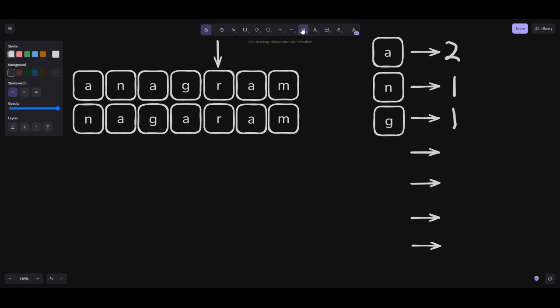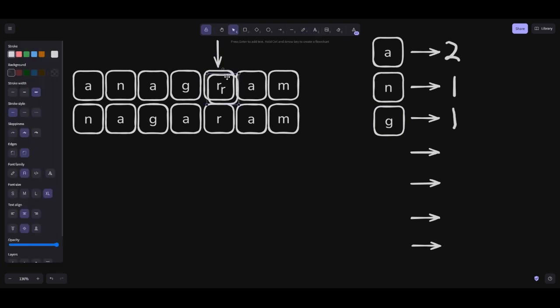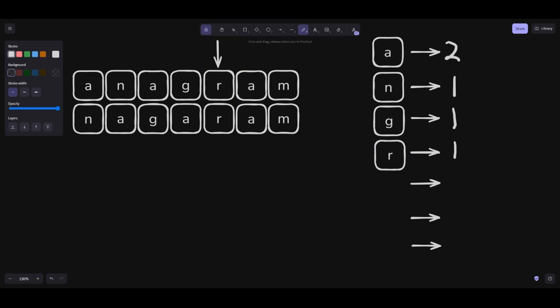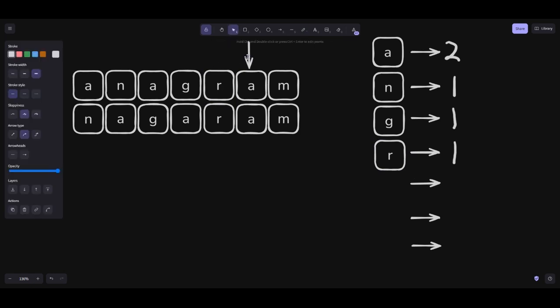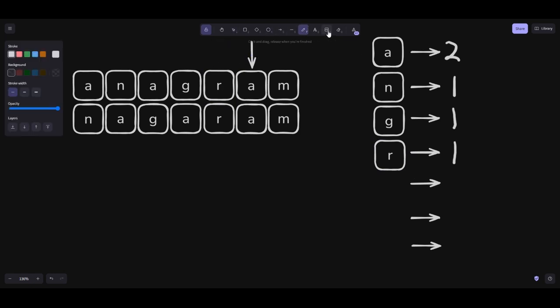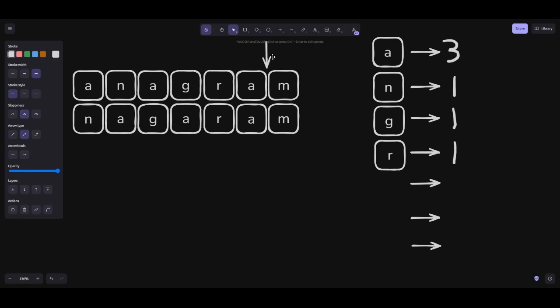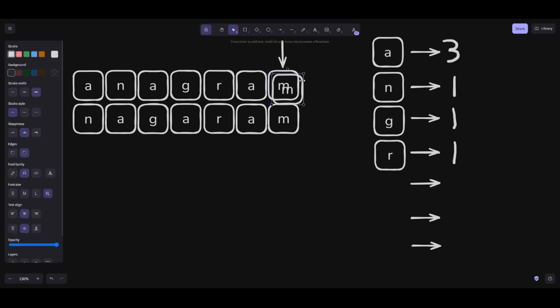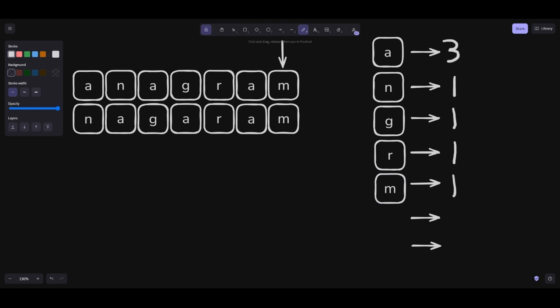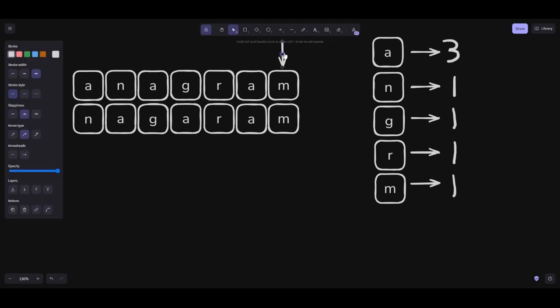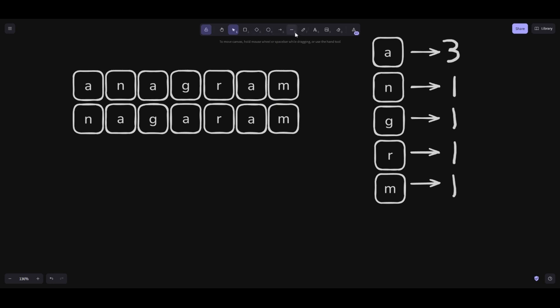Then we get to R and we see it's not in our dictionary, so we're going to add it to our dictionary, and this becomes 1. Then we encounter A again and we increment it by 1 and it becomes 3. Then last we get to M and we see it's not in our dictionary, and we set this to 1. Now we've completed one iteration through the first string, and now we're going to loop through our second string,